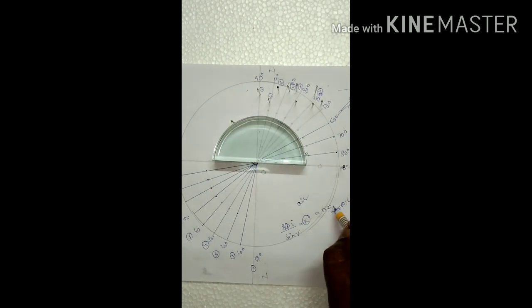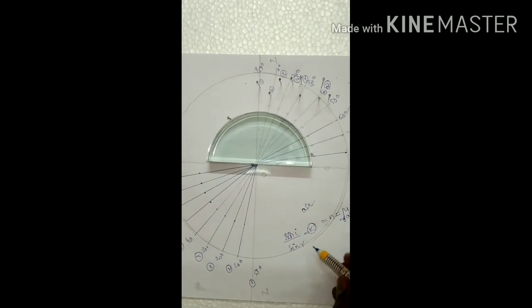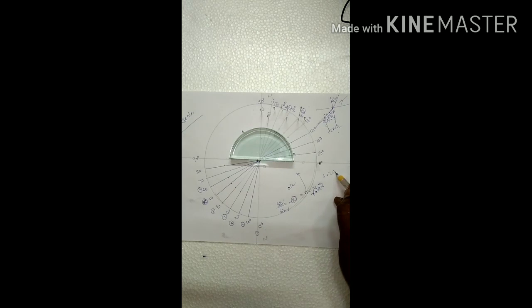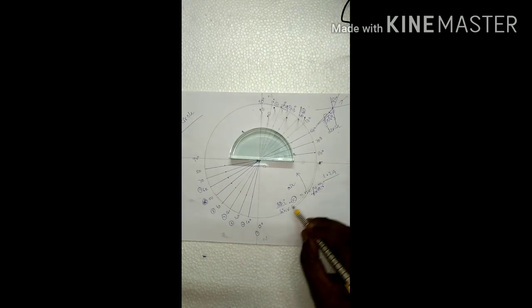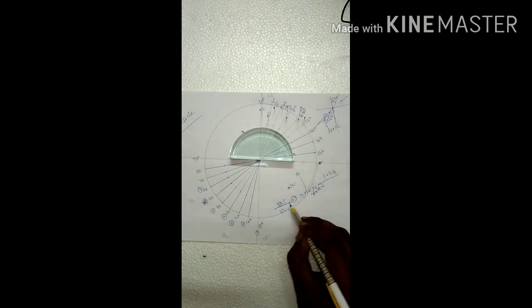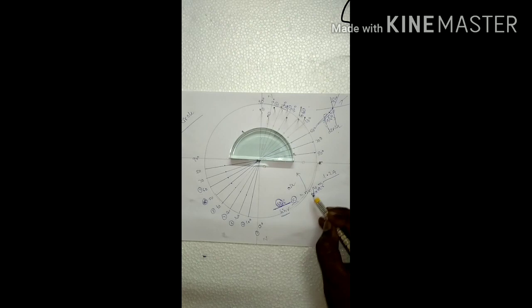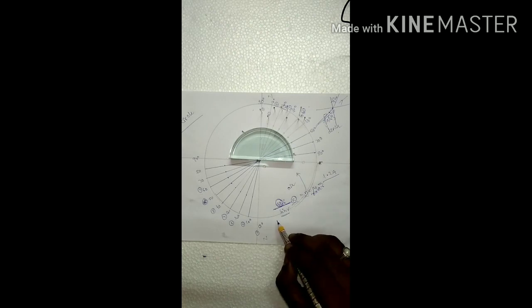In the CBSE curriculum, n is represented by the letter mu. I already said, in this experiment, I calculated the mu of this glass slab as 1.29. So this concept, the ratio of the sine of the angle of incidence to the sine of the angle of refraction is always constant. That constant is called the refractive index.